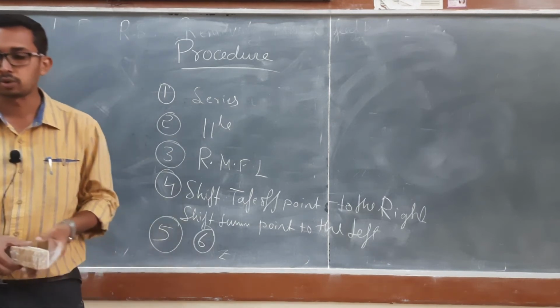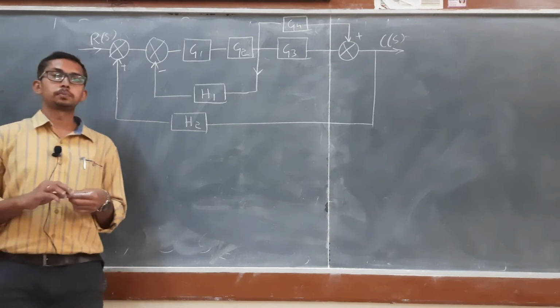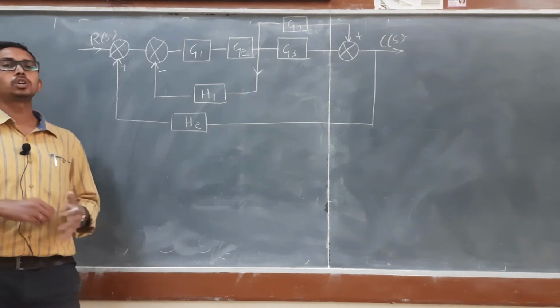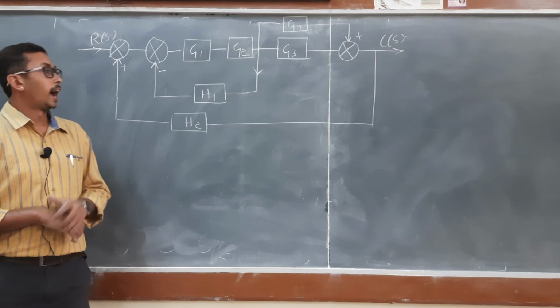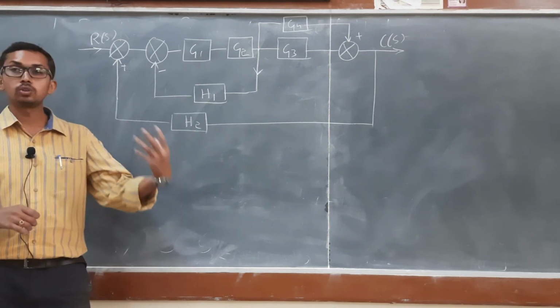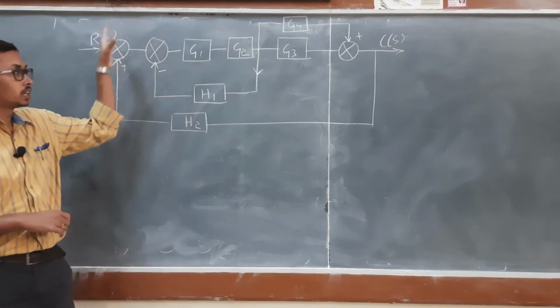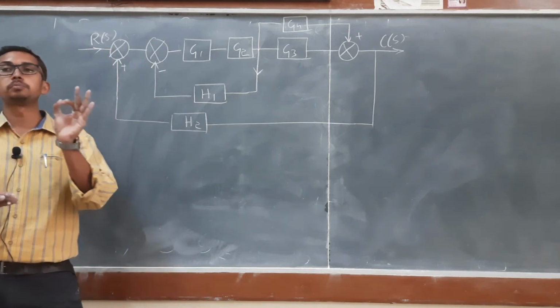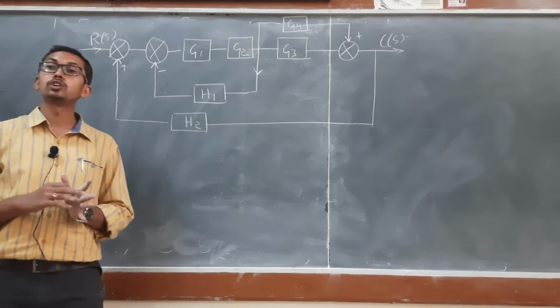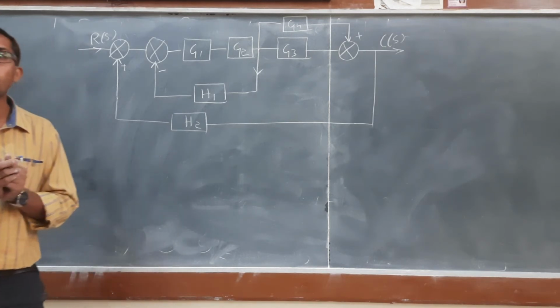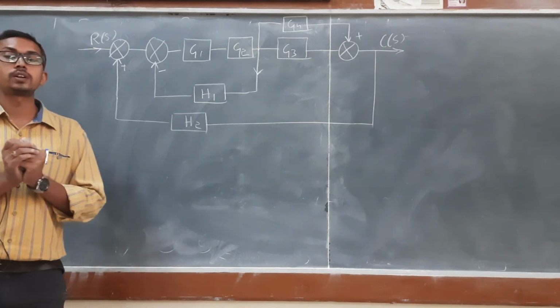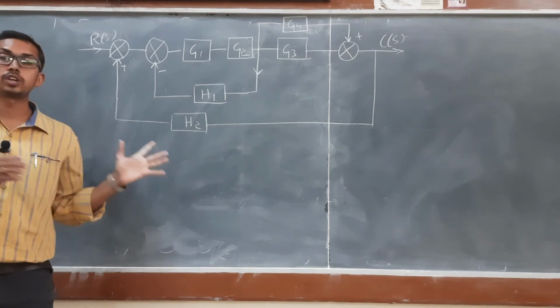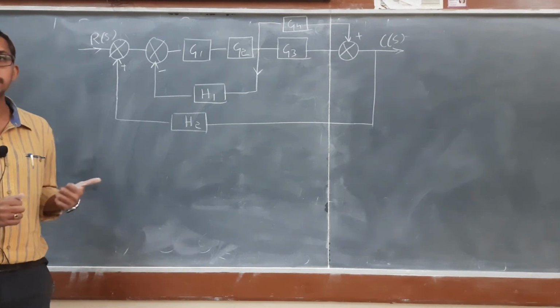So now I open the question. Okay, please note this problem. The objective of this problem is to find the transfer function of a given block diagram by applying the block diagram reduction techniques. So we need to find the transfer function by applying the block diagram reduction techniques. So what is the first step? We have discussed 8 rules. So what is the first step?